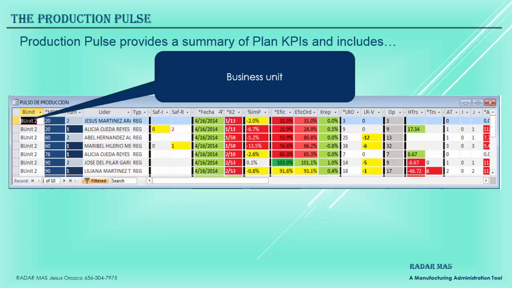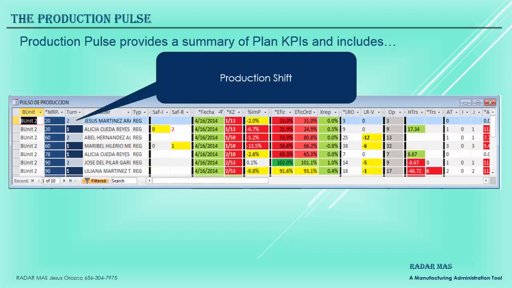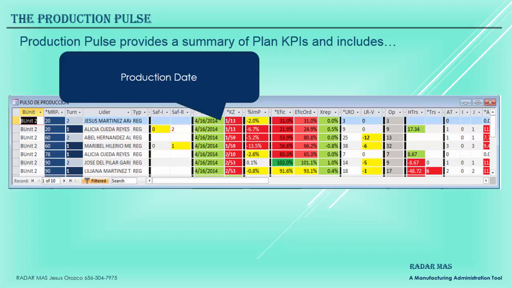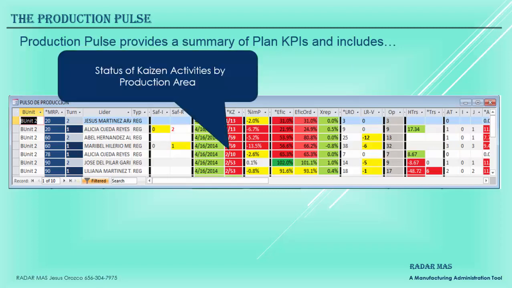Production Pulse provides a summary of the plant KPIs and includes business unit, production area, the production shift, the name of the leader that is currently in charge of the production run, the number of safety incidents that have been reported by the particular area, new safety initiatives, the production date, of course, the number of Kaizen activities that are already open and/or past due,